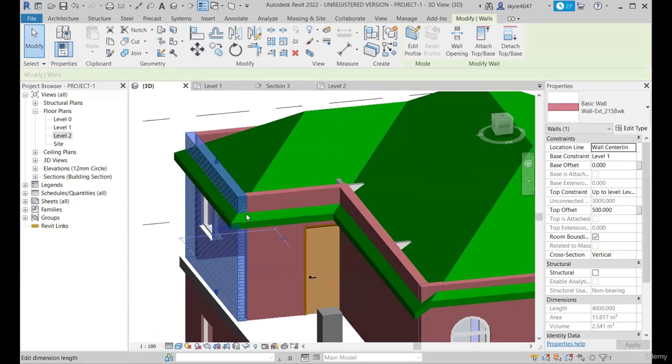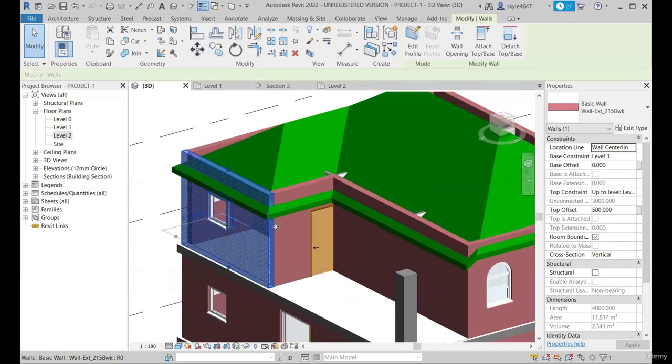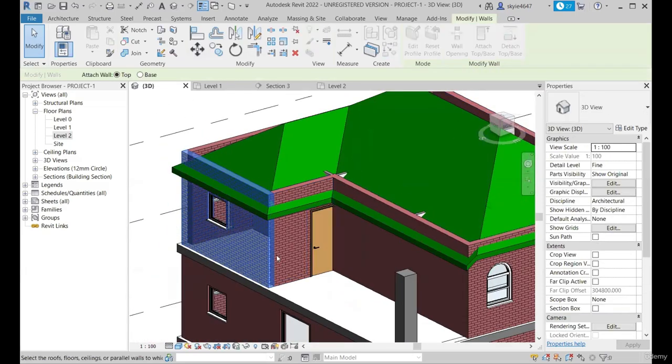Okay, so I have this wall selected. So what I need to do is select the Attach Top tool and select the target. So my target is this roof. So I'll select the target, and as it's dealing with the upper end of the wall, I'll just check the top, and no need to check the base here as we are dealing with the top. If we were dealing with this part of the wall, in that case we would have selected the base. So as we are dealing with the upper side, we need to check the top and select the target,